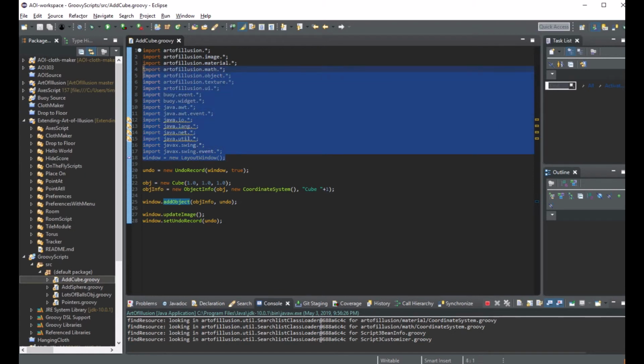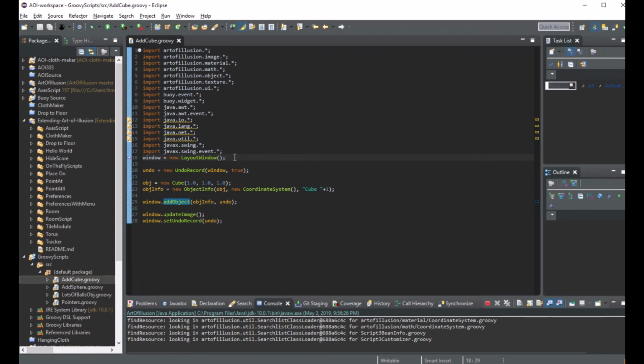Within Art of Illusion, all of this extra stuff is included already for you. It's done behind the scenes, so you don't have to worry about it. Window is created as a layout window,